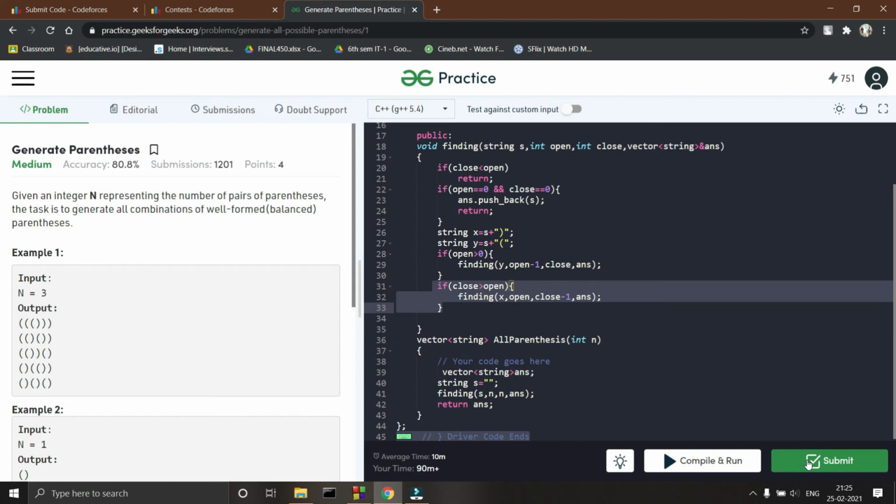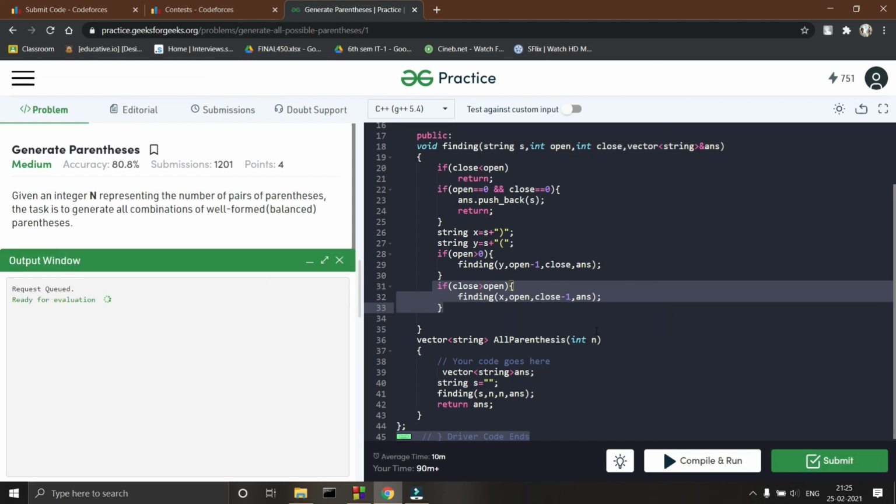So if I submit my solution, then it will give the correct answer, like you will see in a few seconds. Yeah, so it is giving the correct answer. Same with LeetCode. You can implement this problem on LeetCode too, and it will be very good. Okay, I hope you understood. If you have any doubt, then you can ask me in the comment section. I will be there to resolve your problems.